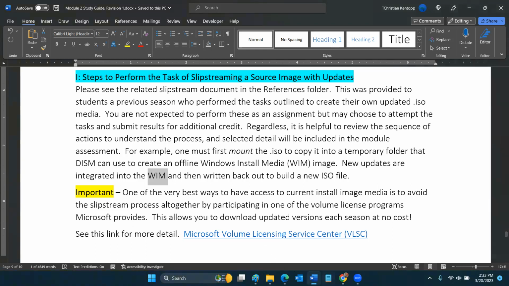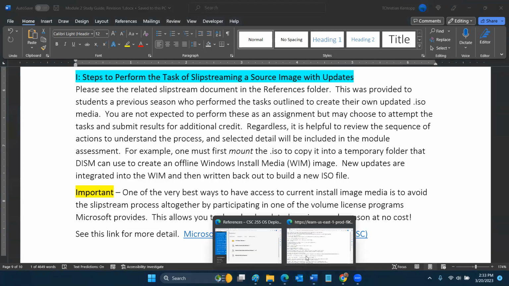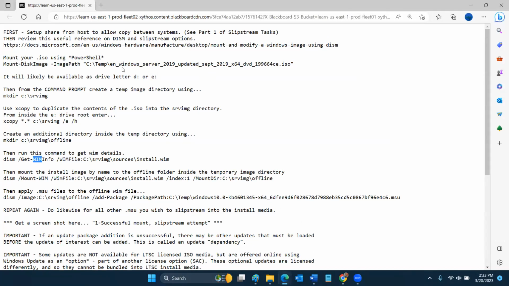And I also wanted you to have this handy reference in case you ever wanted to attempt it. Now, I think I did announce that if anyone was interested in trying to use this same reference to attempt the Slipstream update with your 2022 server, depending on how far you got, you could share your screen output and the results. Even if you run into a brick wall, I'd be willing to post additional credit if someone wants to